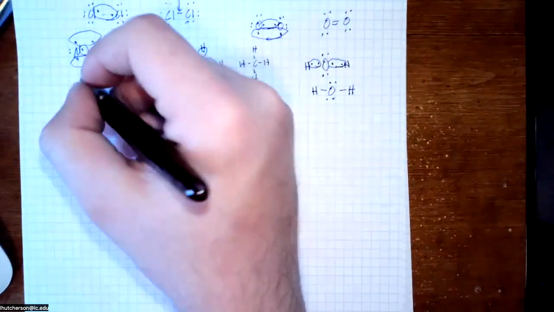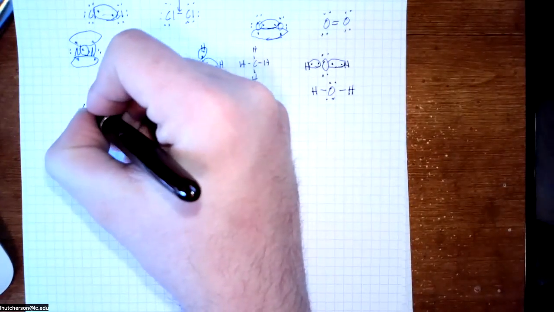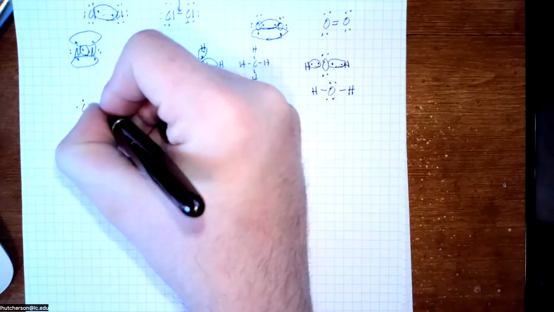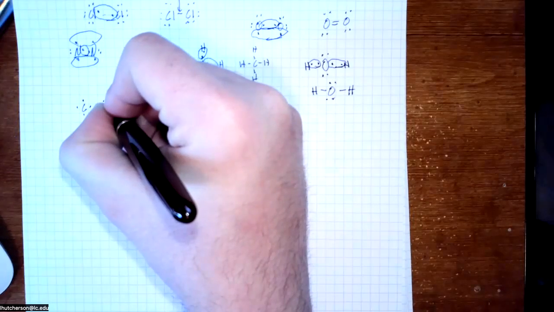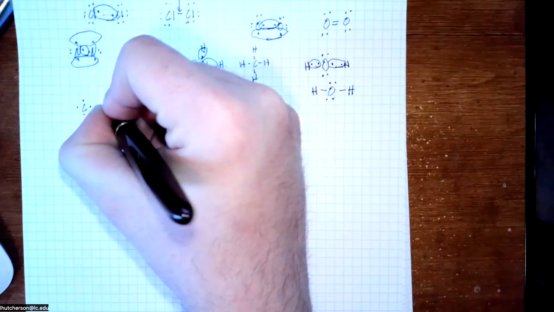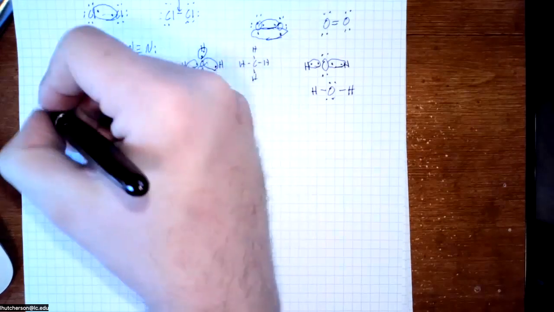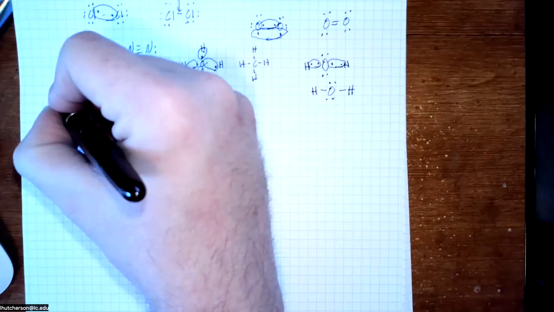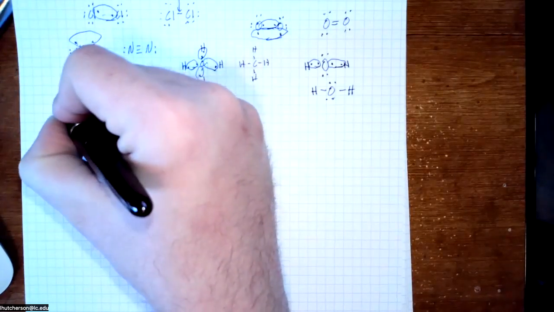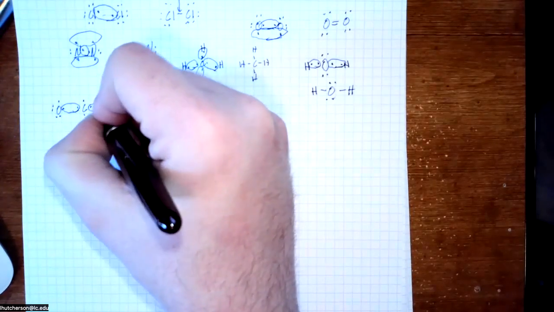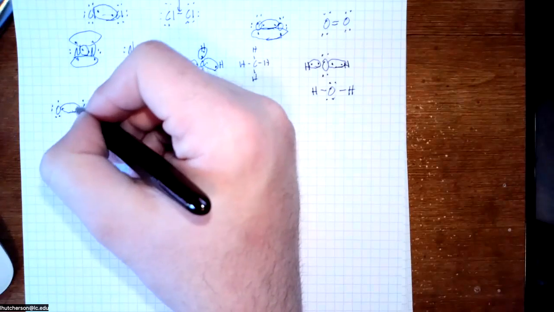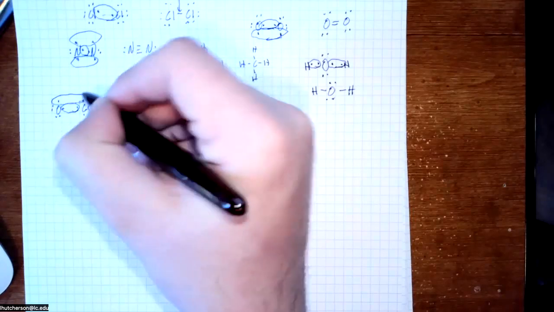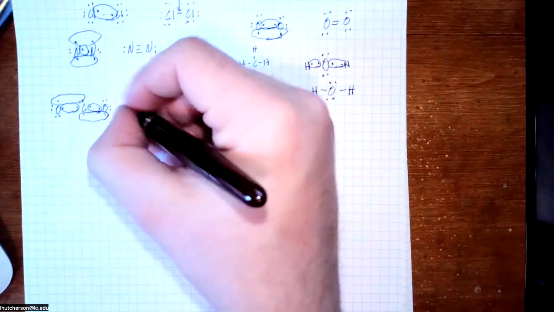Now, one last example with this, carbon dioxide. Let's put a carbon here, our oxygen like that, our other oxygen like that. All right, let's form a bond between carbon and each of these oxygens. That gets our carbon to 6. That gets each of these oxygens to 7. So we need to form an additional bond, and we get